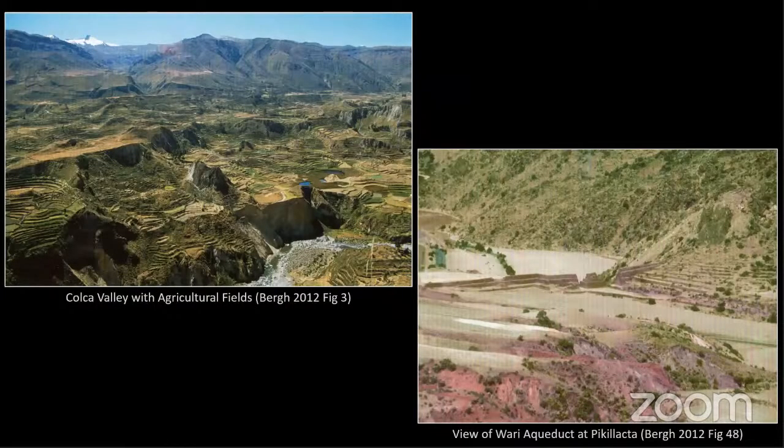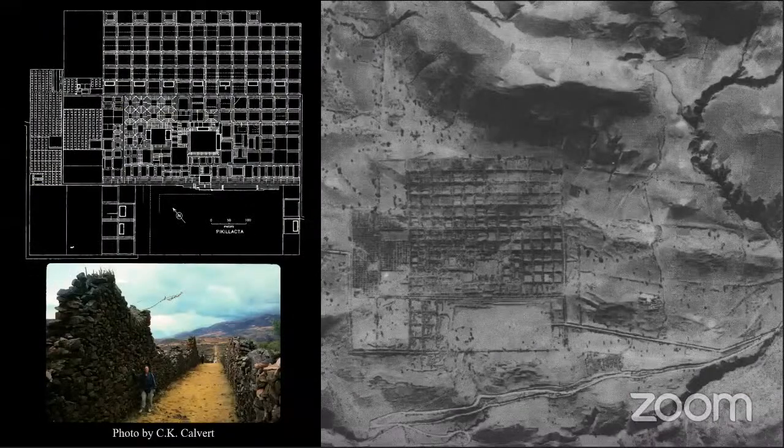Perhaps the Wari's greatest accomplishments involve their building programs, which integrated the empire with roads and agricultural terraces. They built on a truly massive scale. This is a Wari aqueduct. Most of the Wari constructions lie buried under Inca construction, so it's often difficult to know the exact extent of Wari building structures. But to get an idea of what they were able to do, take a look at the